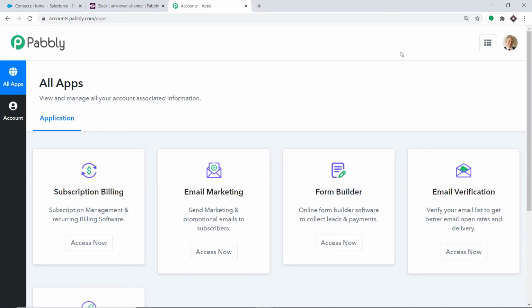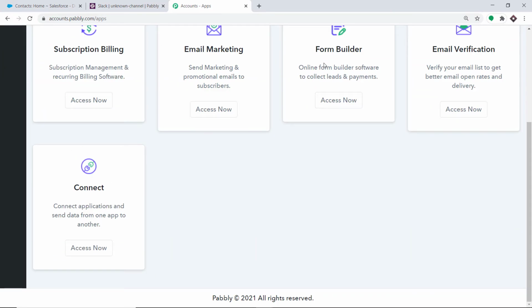As you can see, I already have made an account in Pably Connect. You can also create your own free account in just 2 minutes. Here I would like to mention one more thing, that Pably Connect offers a plan where this integration can be tried out absolutely free. You just have to clone the template of its workflow, which is available in the description box. Once you clone the template, you will get immediate access to this amazing workflow in your account. Okay, so scroll down and at the bottom you will find connect. Here click on access now.